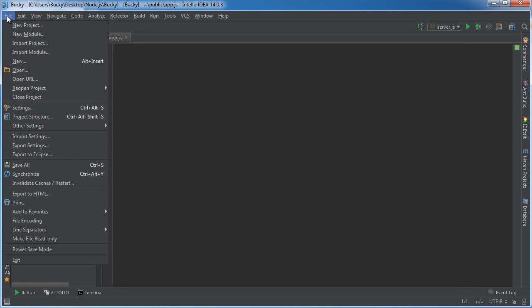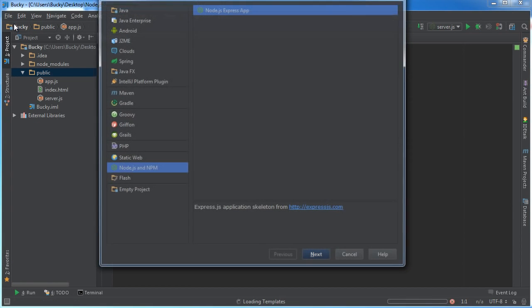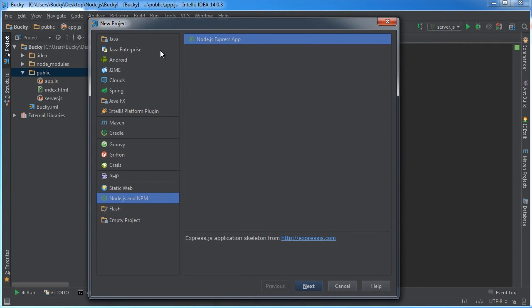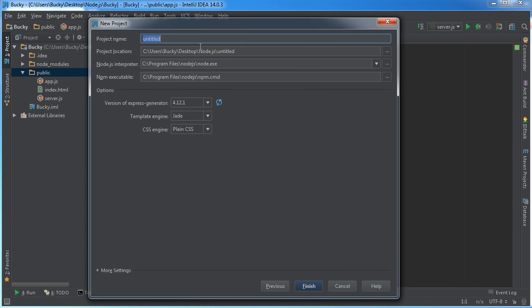From IntelliJ, if you go to File, New Project, what you can do here is you can choose, let me move this so you can see. Alright, in the little section down here, it's Node.js and NPM, and choose Node.js Express App. It's our only option, and click Next. So from here, it's really easy. You just give it a project name. I'm going to name mine